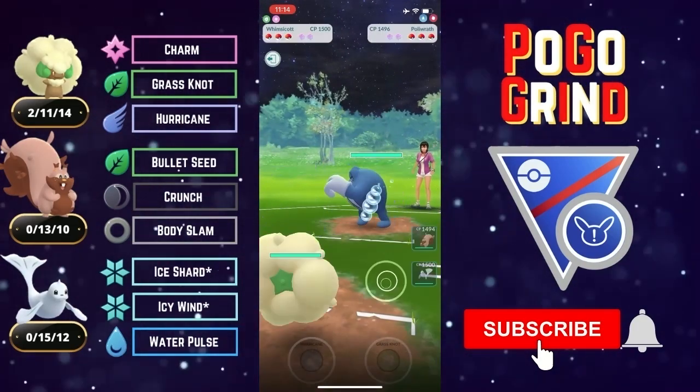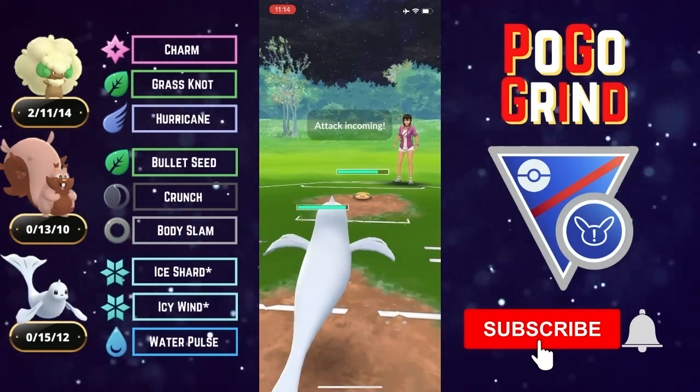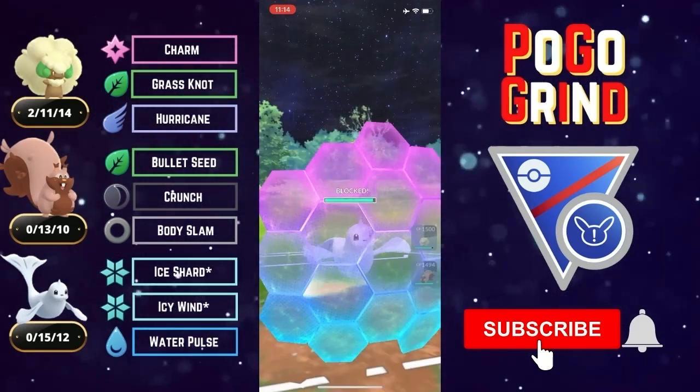We've got Poliwrath here running Bubble. Very interesting. They go into Unova Stunfisk, and we go right into Dewgong. Dewgong has an okay matchup against Unova Stunfisk, especially if they're running Mudshot. But they go